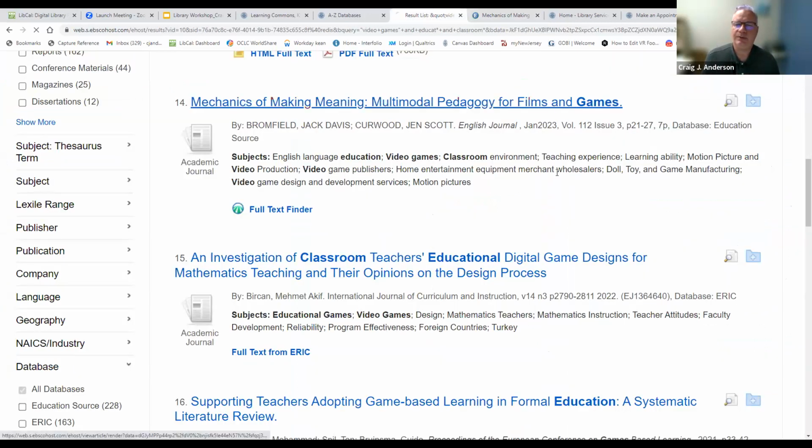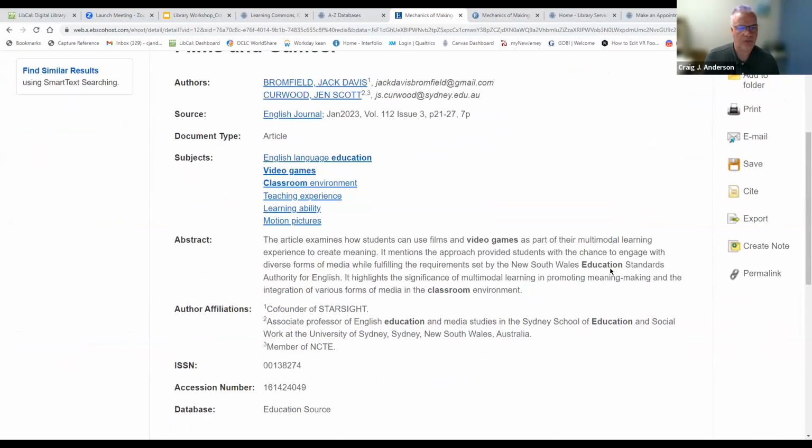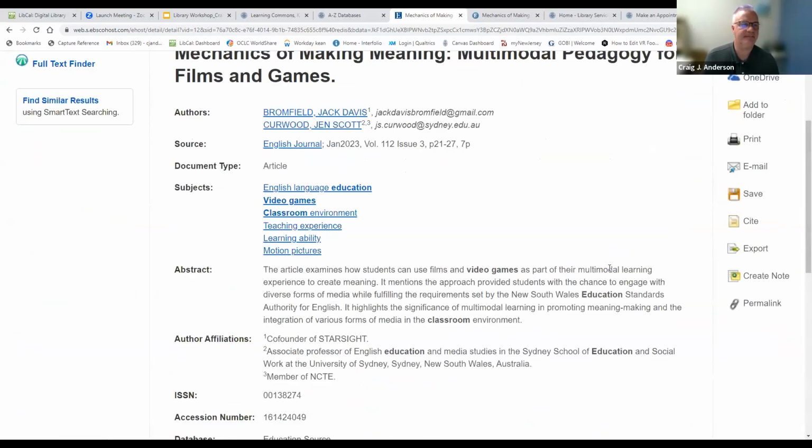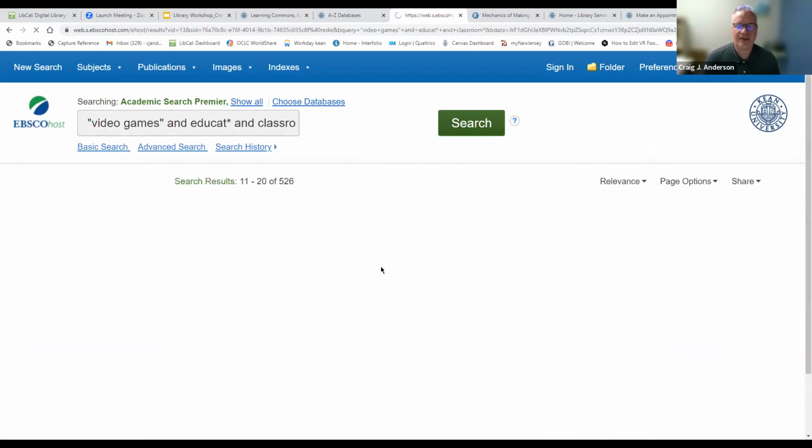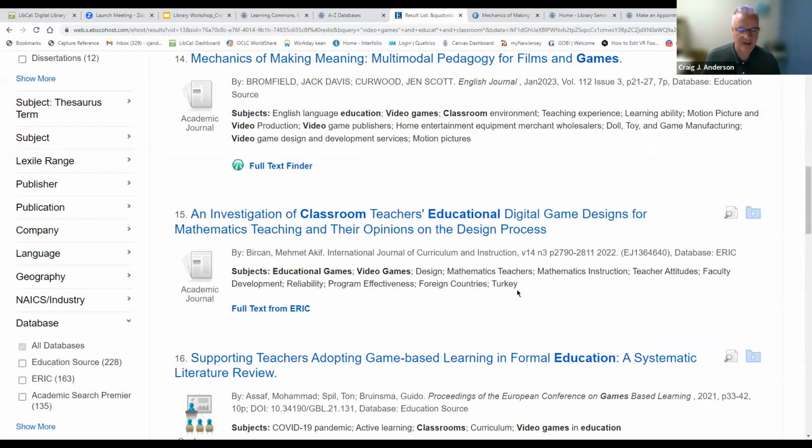And I don't know, does EBSCO do such a thing? I don't think they do. Really, no, unfortunately not. Although they do have an option here for find similar results using smart text searching, and then we'll try and find similar results to this article. So they kind of have it, but they don't show it right on that page record.